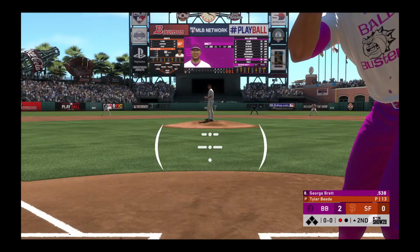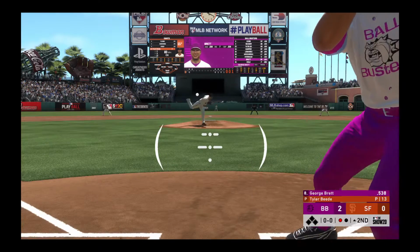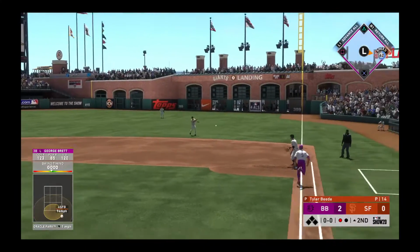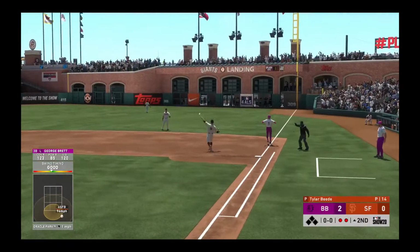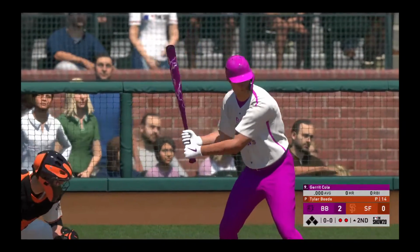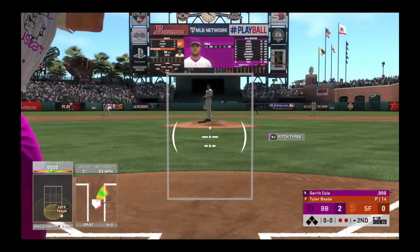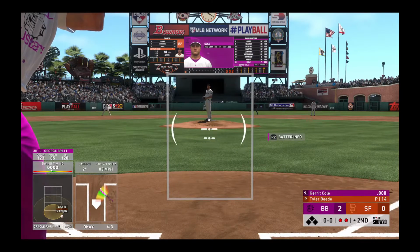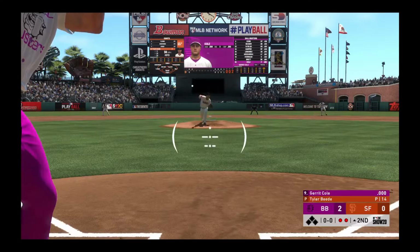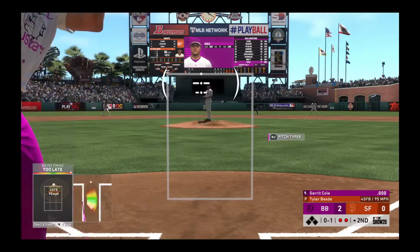Into the box now, George Brett. The third baseman, number 5. And he hits it hard to the right side. He'll get to this one deep in the hole. And he'll whip this one over to first, and he gets his man for the second out. Next to hit will be the pitcher, Garrett Cole, as he'll get his first opportunity in this one. Here it comes. Good fastball as he